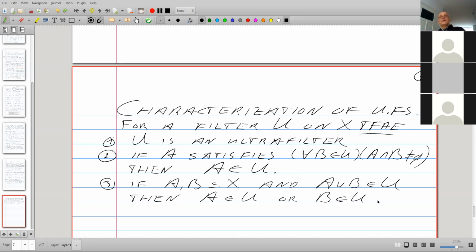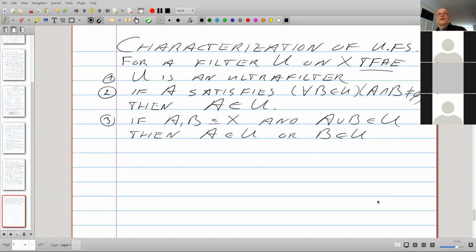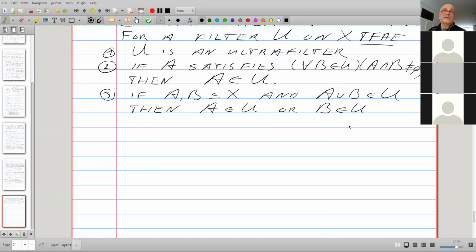The next one is this. If you have two subsets of X and their union belongs to U, then one of them has to belong to U. And number 4 is actually a special case of number 3.